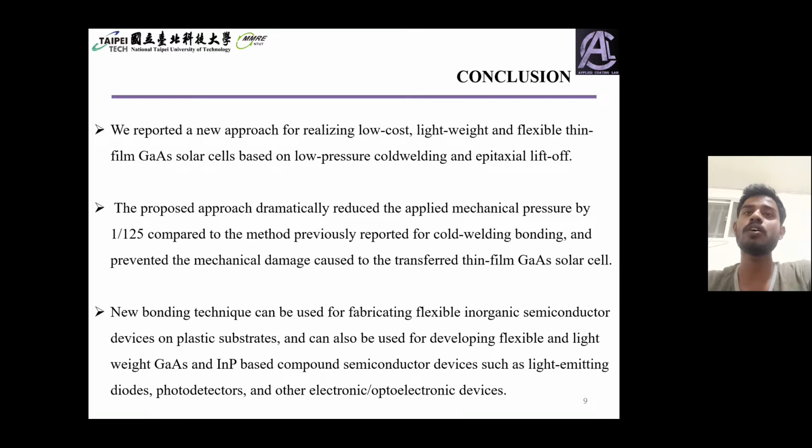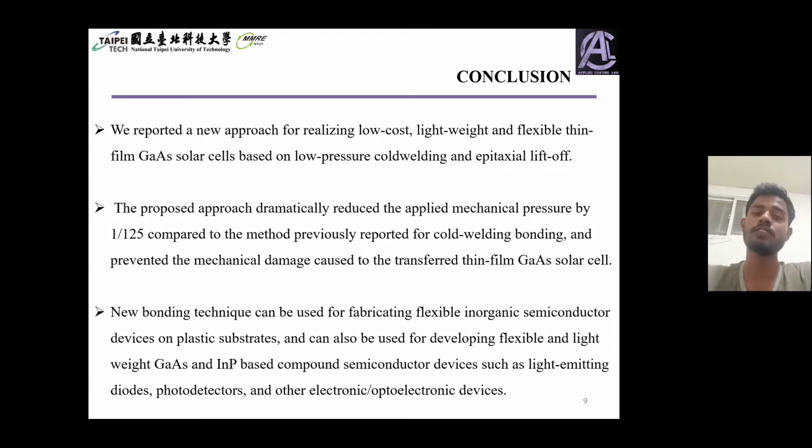So this new bonding technique can be used for fabricating flexible inorganic semiconductor devices on plastic substrates, and can also be used for developing flexible and lightweight gallium arsenide and indium phosphide based compound semiconductor devices such as light emitting diodes or photodetectors and other